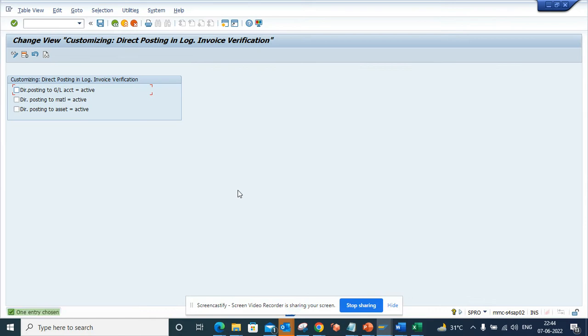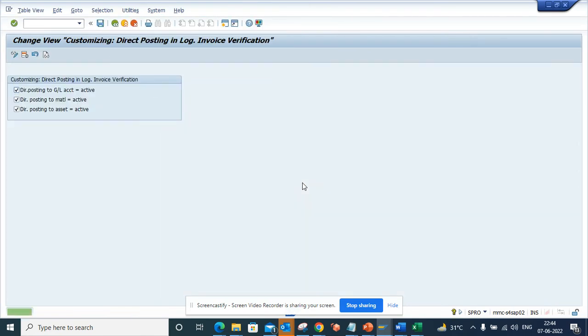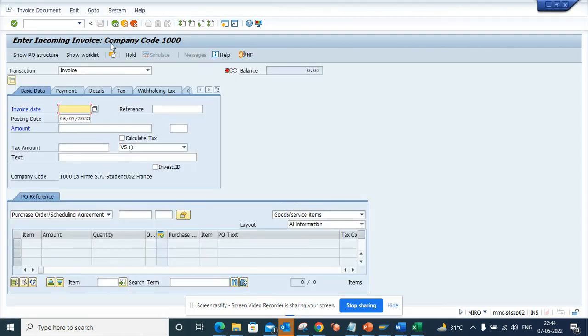Once we click on this, you can see these are the options. You can do direct posting to material, direct posting to GL. You can do direct posting to material, GL, and assets. If I save it now, it will ask for a customizing request, of course. And now if I go here again and go to MIRO,